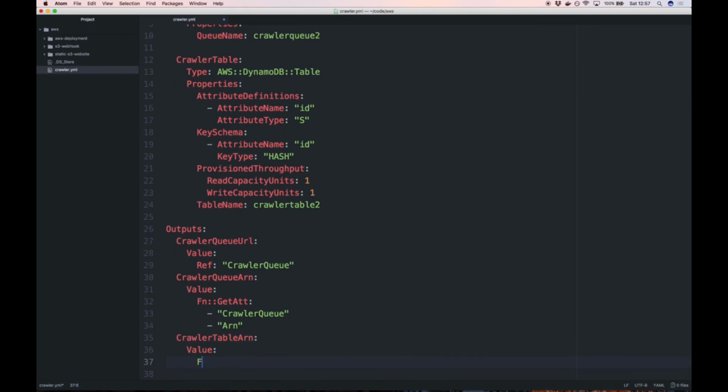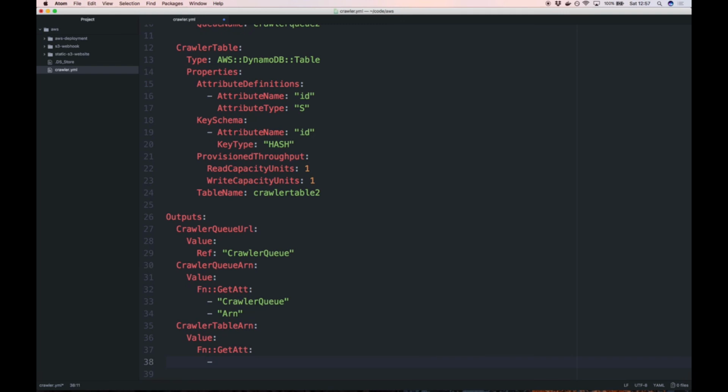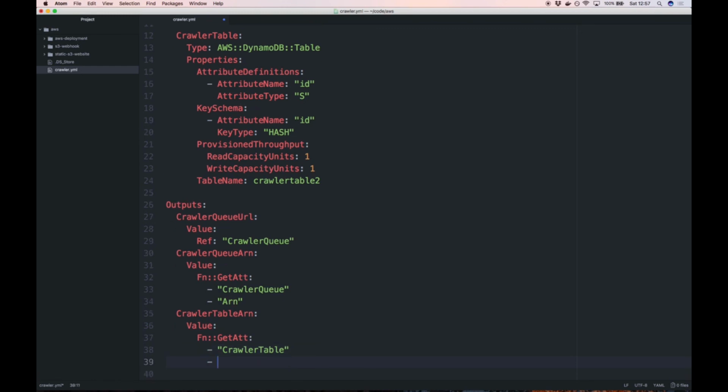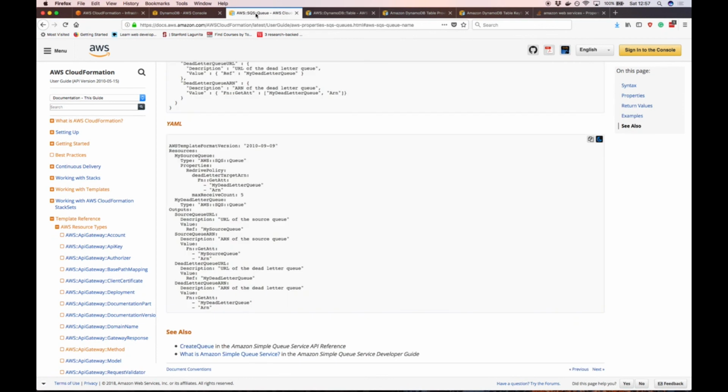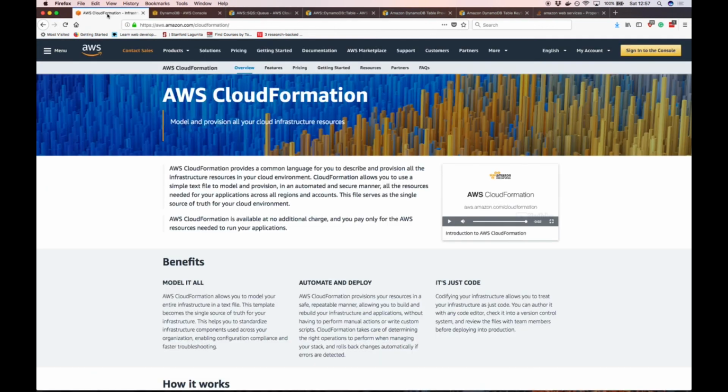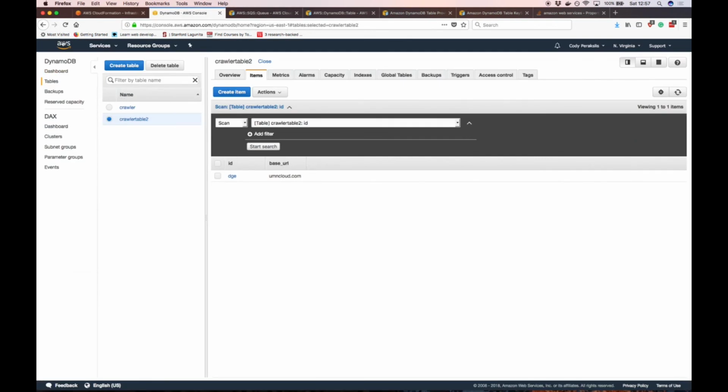Specify the value to be the GetAtt function that will take the crawler table and will give us the ARN of the crawler table. So then if we go back here,